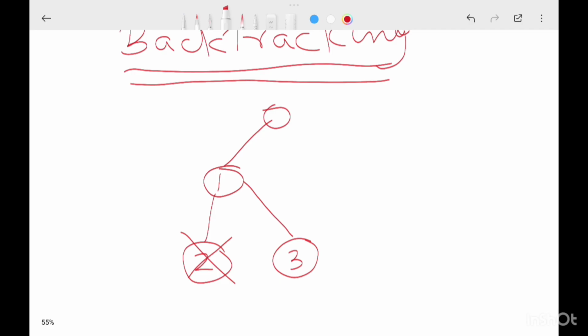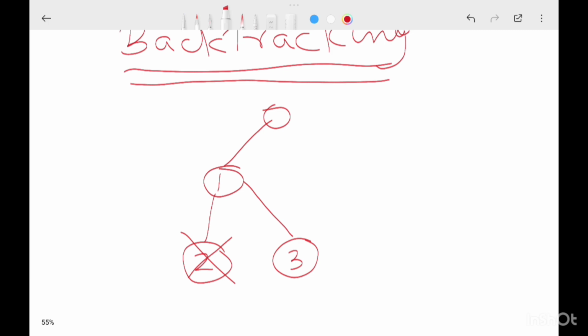So from 3 I will check whether it is a feasible state. If it is feasible, then I move to the next possible state from 3. If it is not feasible, then again I will move back to the previous state 1. Suppose all the possibilities of state 1 are explored and none of the next states is feasible, it means I need to kill state 1 and move back to the root node, and from there I will select any other possible next node that can be